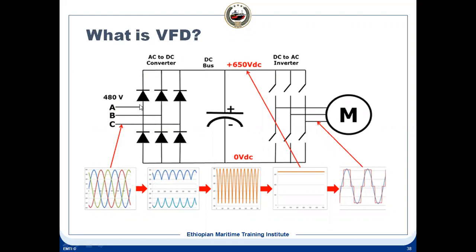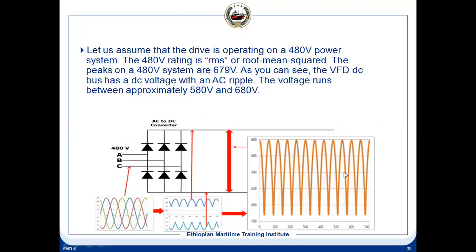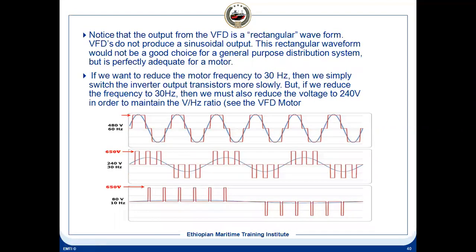What is a converter section? Which converts AC into DC. What is the purpose of the DC bus? Which will filter the DC and prepare the input for the inverter. What is the purpose of the inverter? Which will convert a DC supply into AC supply, or you can say fluctuating DC. You see, it is not a pure AC. It is fluctuating. This output you can see here, it is not a proper sine wave. You see, it is almost like a fluctuating DC.